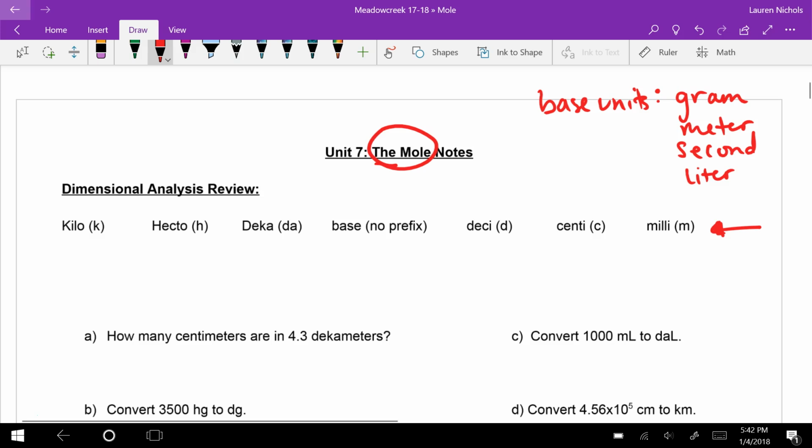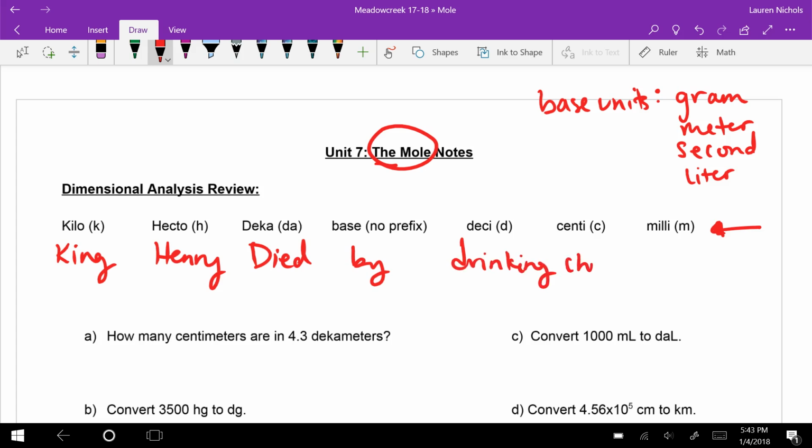But the key thing here is the way to memorize the order that the prefixes go in is: King Henry died by drinking chocolate milk. Now, with kilo, king, starting with a capital K, we know that the units down here, kilo, are going to be large, and milli is going to be referring to a very small number. And what you need to do is you need to look at